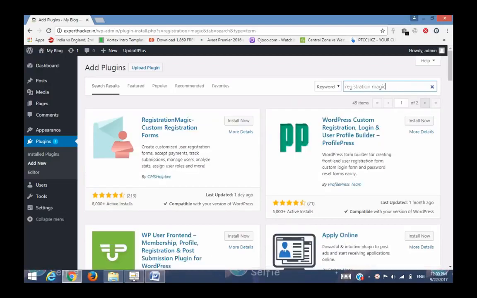I have typed Registration Magic and now you can see the Registration Magic plugin appear here. I just click on Install Now and wait for the installation to complete. Then after that you can see the Activate button, and you have to activate this plugin to access it.